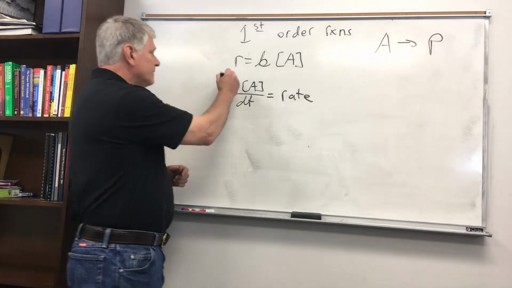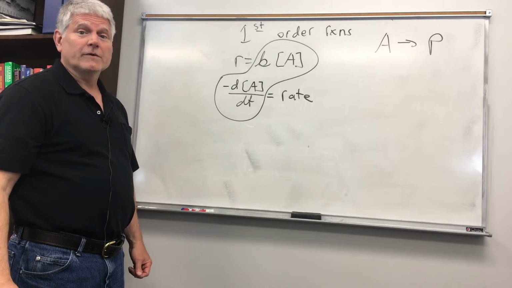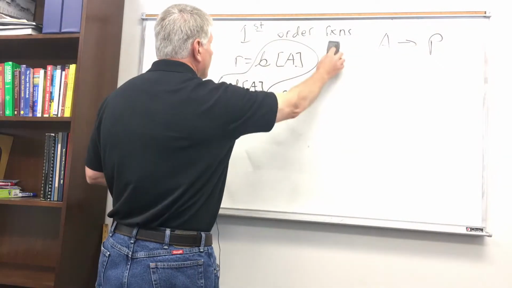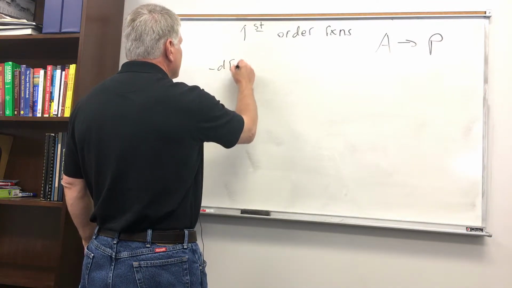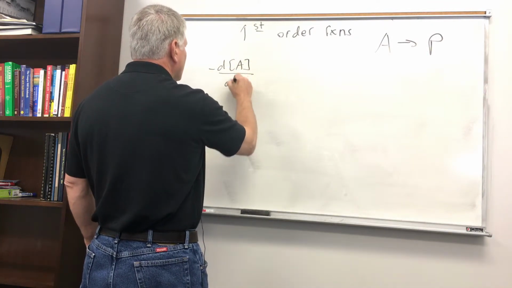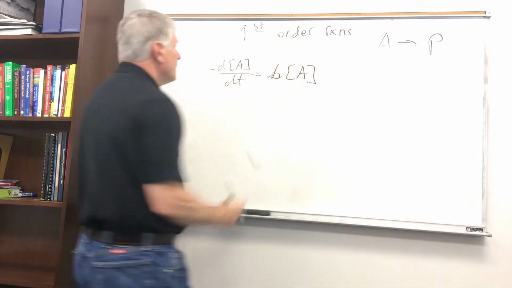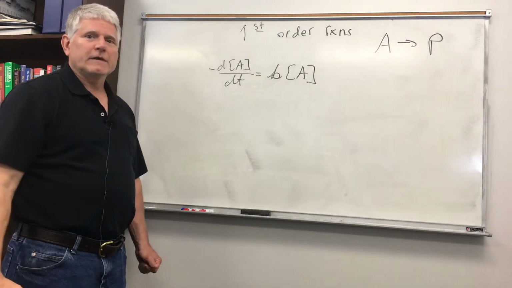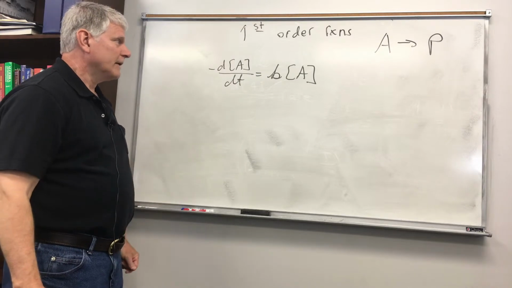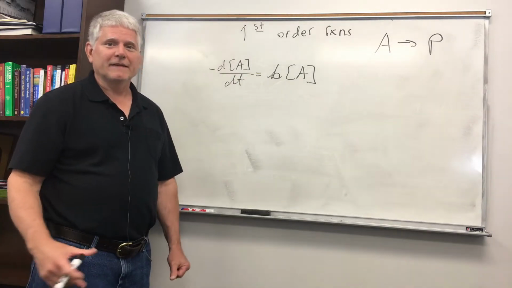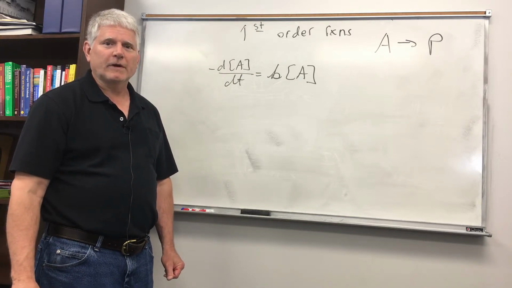So now we have these two equations for the rate, and so we can set them equal to each other. And so I'll set them equal. Now this is just a first order differential equation, it's ordinary, constant coefficient, so it's easy to solve. We can actually just solve this by integration. But you won't have to do that in this class. I'm going to show you the solution and how we get the integrated rate expression, but you don't have to